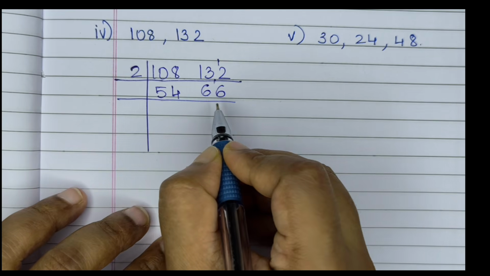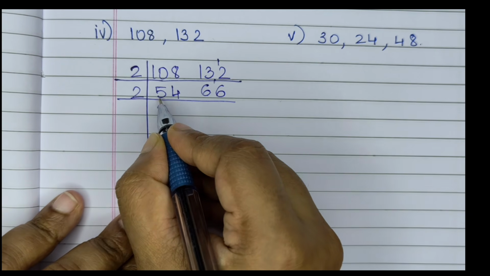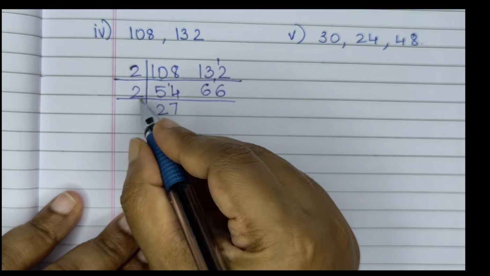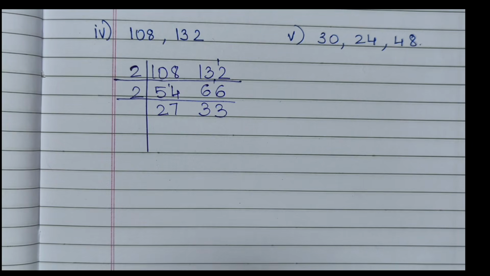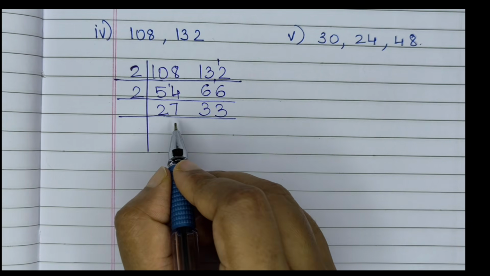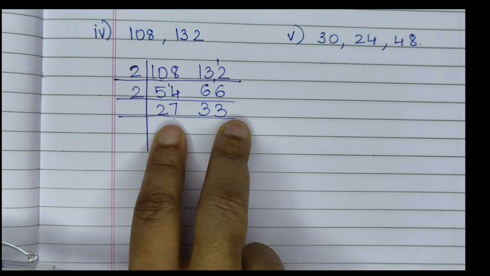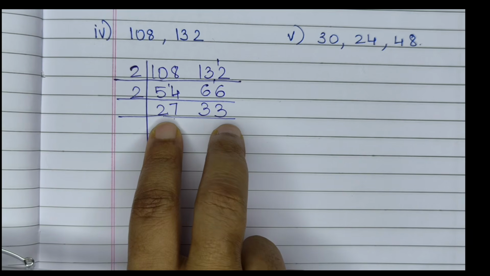Again this becomes 12. So again 2 6s are 12. Now again observe the last two numbers, 4 and 6. You can take 2. 2 2s are 4. Carry 1. 2 7s are 14. 2 3s are 6. Again 2 3s are 6. Understood till here? Now see, can you again take 2? Last number 7, last number is 3. No, these two numbers are not divisible by 2, but you can see that they are divisible by 3. Both are divisible by 3.